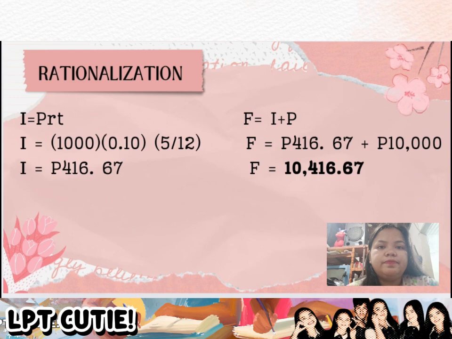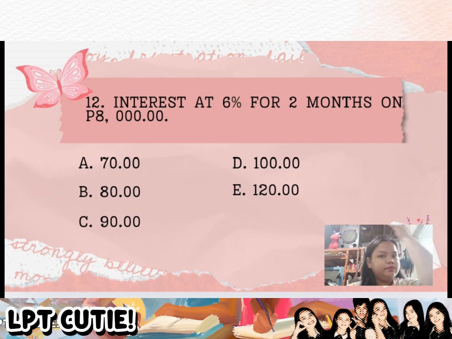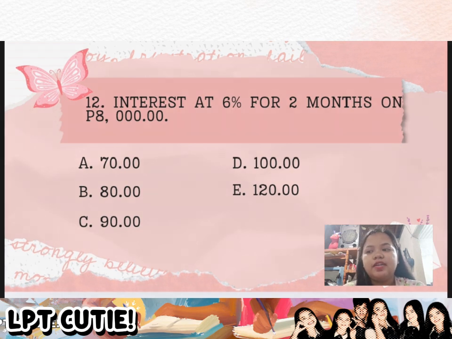Okay, do you understand? Alright. Okay, so number 12. Interest at 6% for 2 months on 8,000 pesos. So is it letter A, 70 pesos, letter B, 80 pesos, letter C, 90 pesos, letter D, 100 pesos, or letter E, 120 pesos? So what do you think is the correct answer? Okay, you try to solve. Okay, are you done? Okay, so the correct answer is letter B,